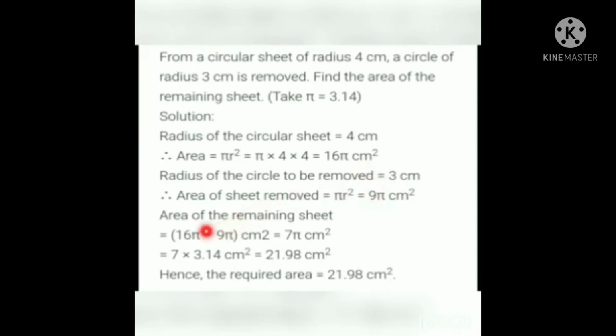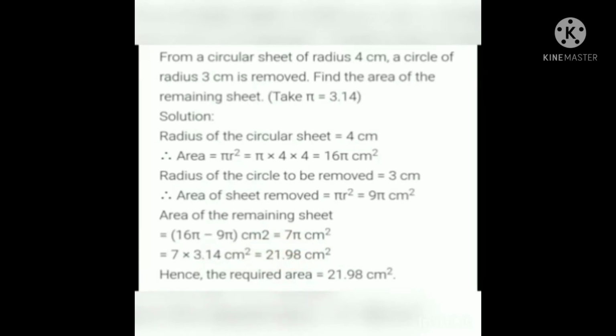So the area of the remaining sheet means 16 pi minus 9 pi. Here pi is common, so taking pi outside, what do we have? 16 minus 9. What is 16 minus 9? 7. Then pi. Now give the value for pi. What is the value of pi? 3.14. So 7 into 3.14, 21.98 is the